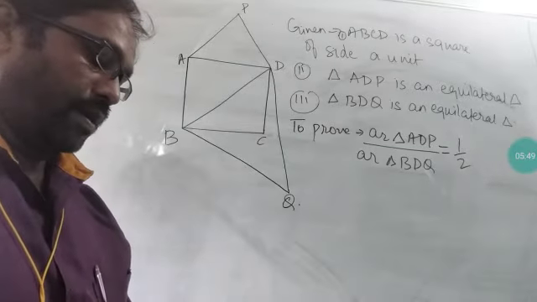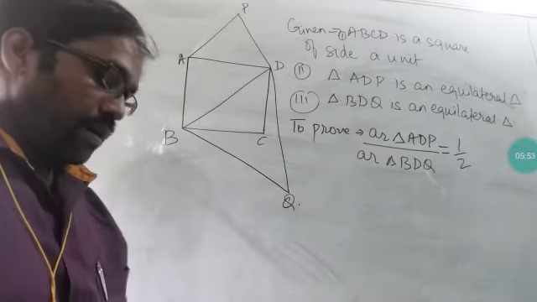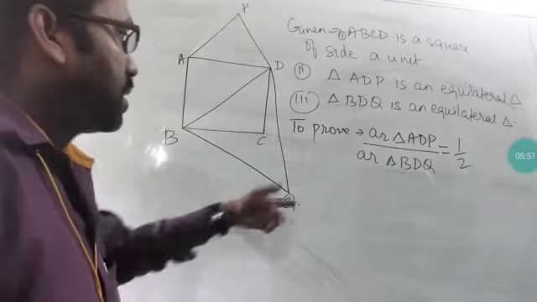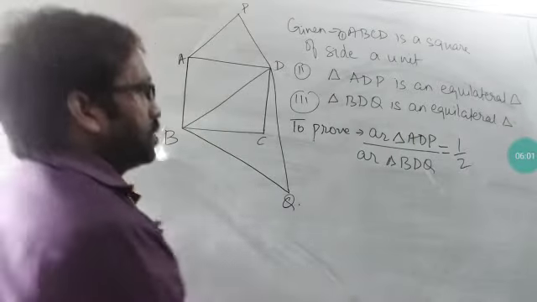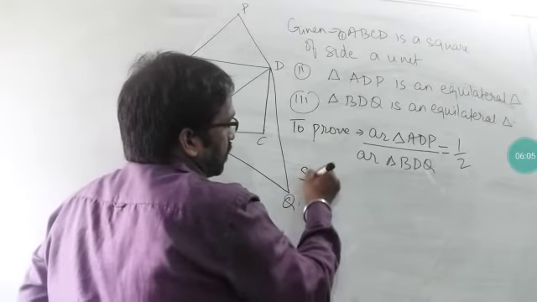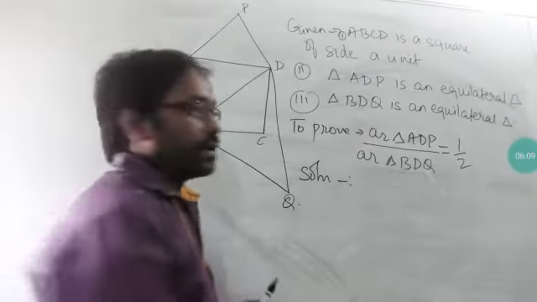So now we have to prove this. We can do it nicely here. See how, ADP is there, ADP and BDC. First of all, find the measurement of the sides. What is the measurement of the side here? Okay, so